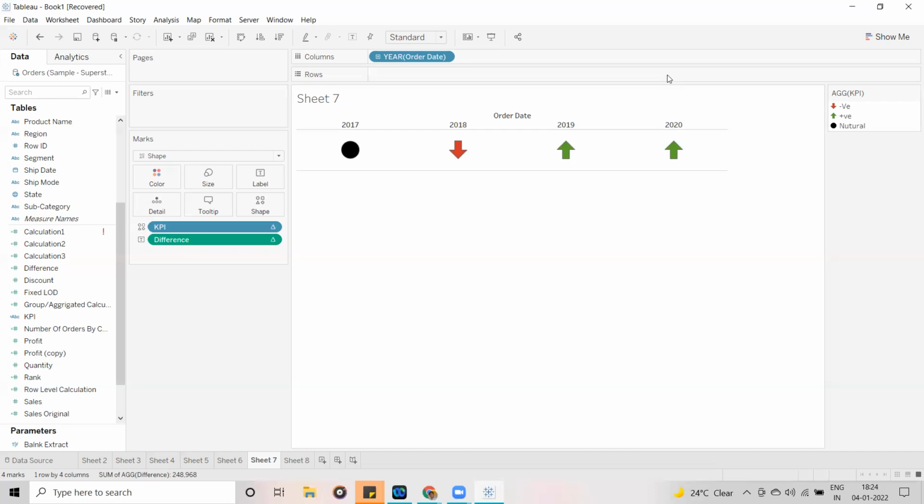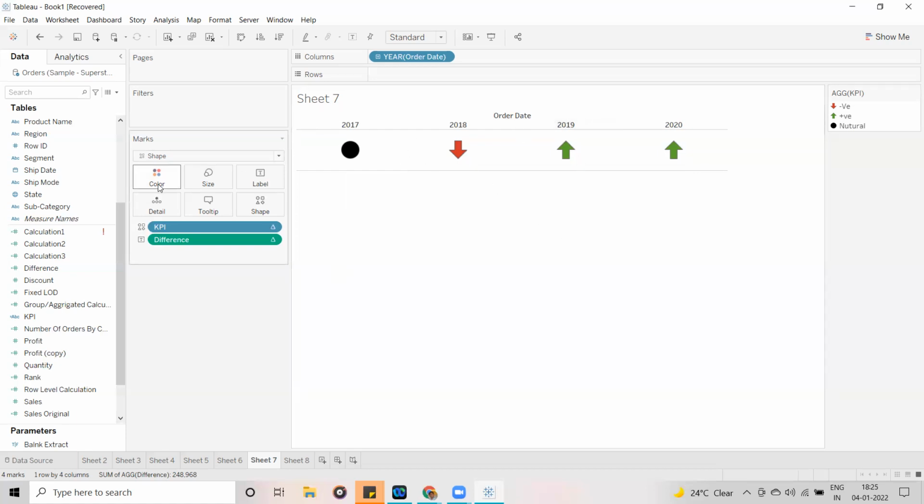Now guys, this kind of visualization we will call KPIs, means key performance indicators, like how it is progressing. We are comparing with the previous value and displaying it in a symbol. By looking at these symbols, the user will come to know how it is performing when compared with the previous values, right? So is this clear, guys? We were already there, and I explained this concept.